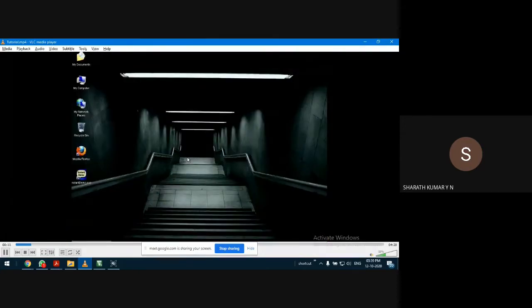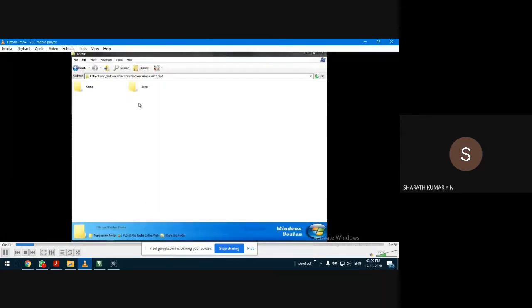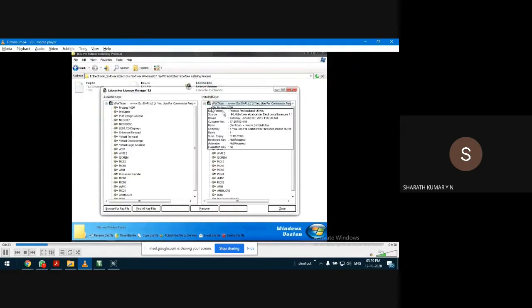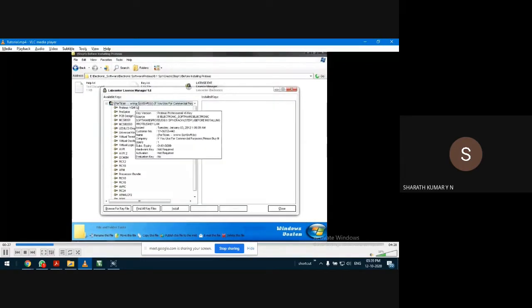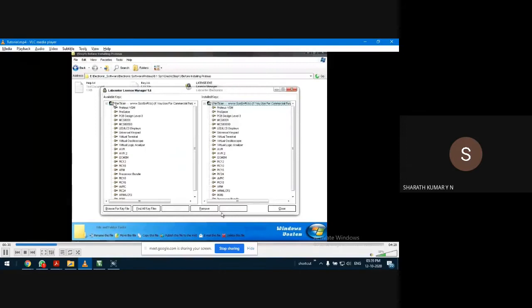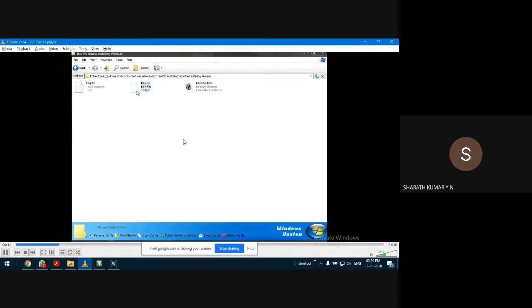Now, when you extract the package, you'll get these files. The first step, before installation, is to open the license key folder. You select the license in the installed list and remove it. This you have to do, otherwise the software doesn't work. Then in the available list, select the first one and install.